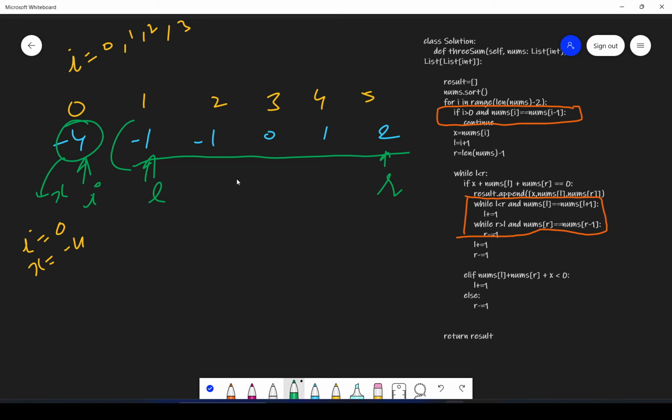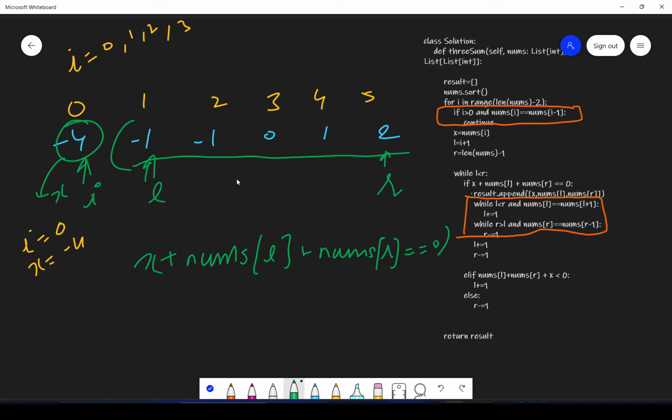So you have fixed L and you have fixed R. Then until L is less than R, you will check whether x plus nums of L plus nums of R is equal to 0. If yes, then you found your triplet. You can add it to the result array and increment L and R to find if there are any other triplets.